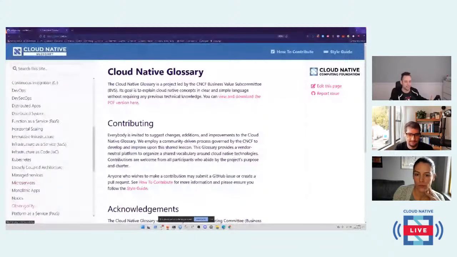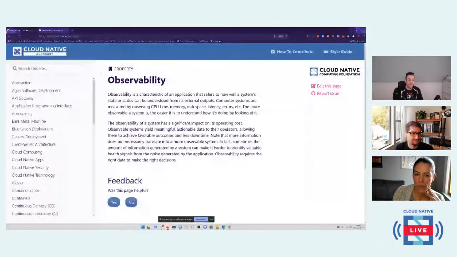And I was nervous to define observability, right? It's a property. And if you look at it, there's a ton of folks who have a bunch of different definitions for what this is, right? And some people are really passionate. So what we need is to be able to welcome changes from folks in the community, right? Everyone's going to be sharp on different things. And this can only really be authoritative if the community agrees on the definitions. And as someone that's been in tech for a while, I think the best way to get a community-crowdsourced set of definitions is to put it in Git and go that way. So that's all I have to add.